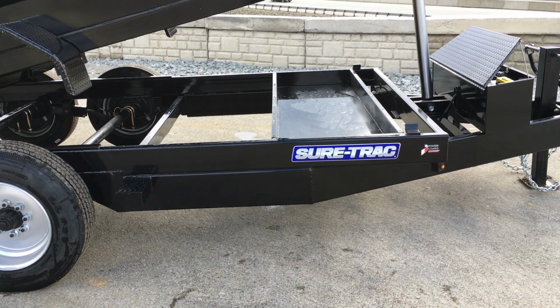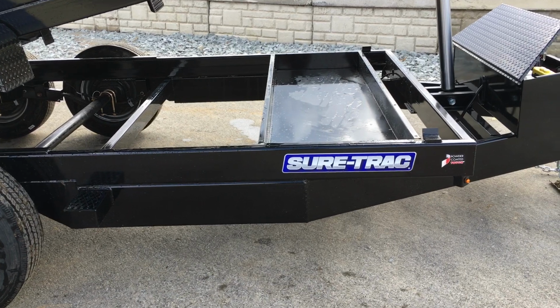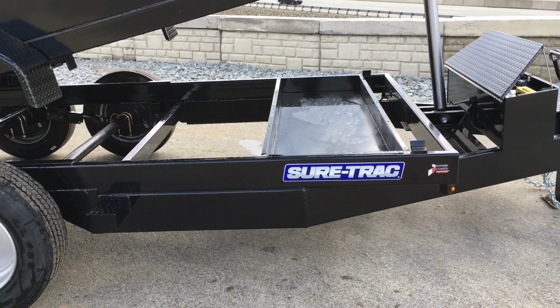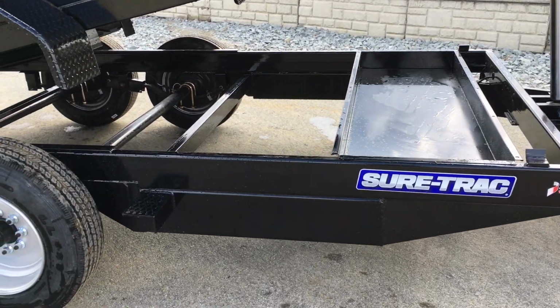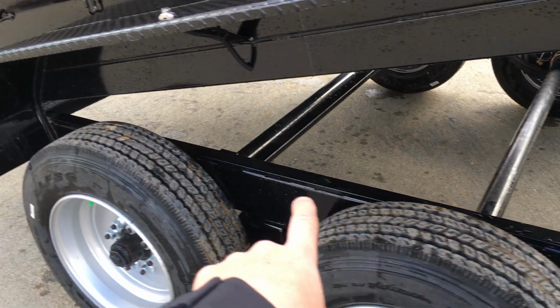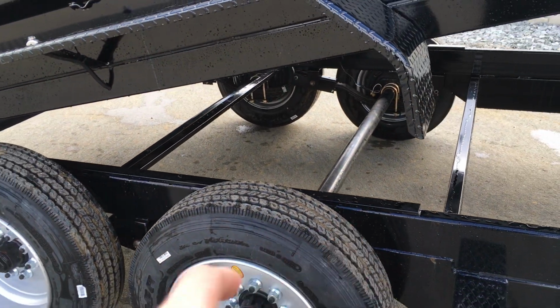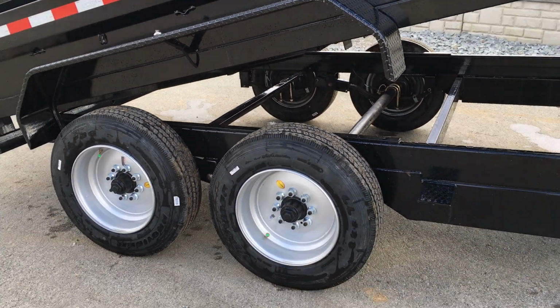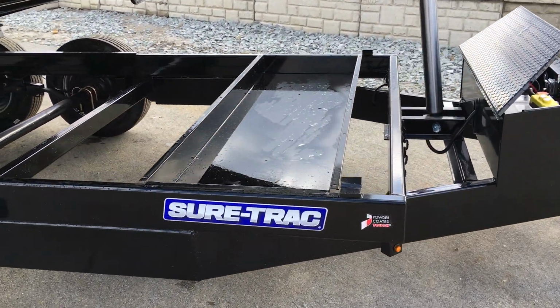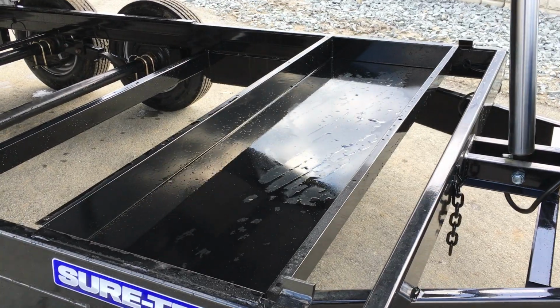The main frame is a 6-inch, same as the 14K, but it's a heavy 1/4-inch wall frame. So they've gone to a thicker 6-inch tube frame. And then with telescopics, they go with the plate over the axles for additional reinforcement for weight bearing in that area. So Short Track standard does an underbody tool tray,